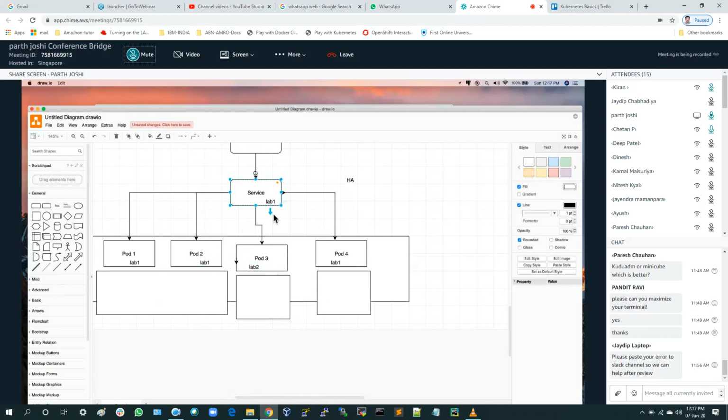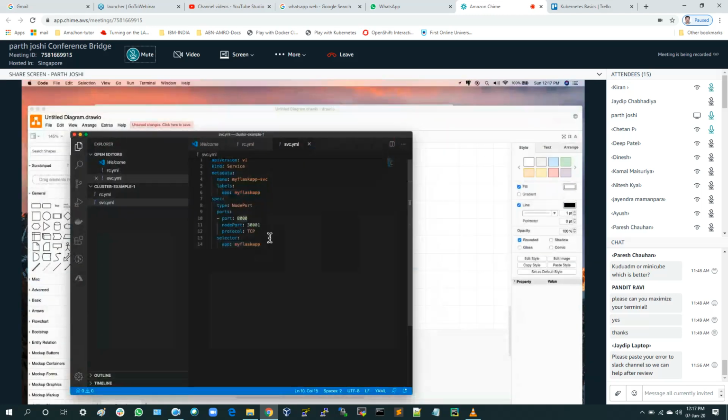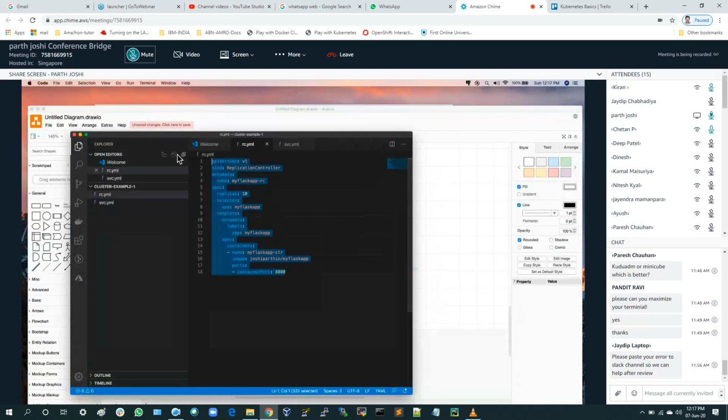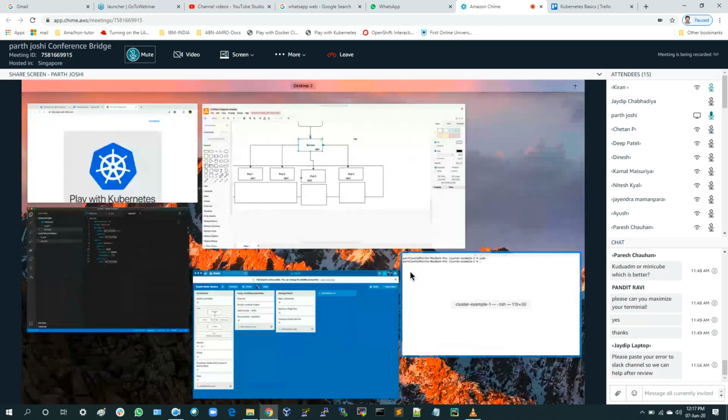So instead of lab 1, lab 2, lab 3, what I have over here is I have the label as my Flask app equals to my Flask app. So this is the label which I have created. Okay. So this is your cluster and this is your service. Okay. So now let me jump into